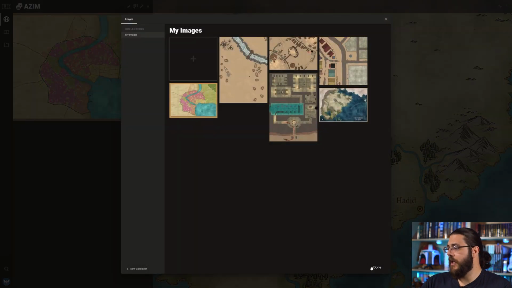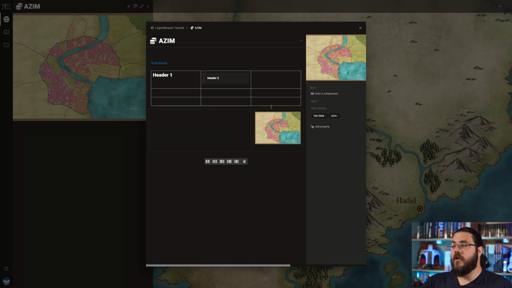Let's throw up an image of Azim here, a little image of Azim, and then I can add some text. This is an example paragraph. And I can change my text to be heading 1, and I can start building that wiki looking page using the layouts. It's also really useful for making your DM screen, and I'm going to cover that in depth later